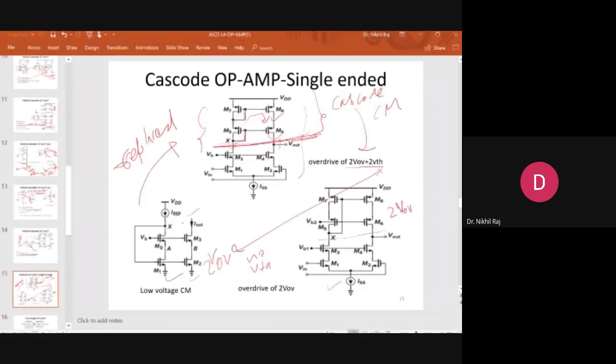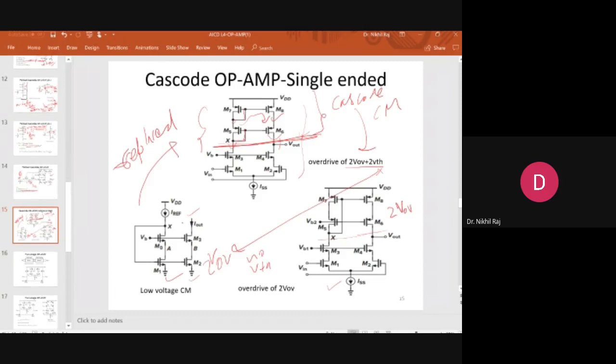It's not always that if we need high swing I will go for the complementary output, because if I go in that fashion then I have to waste an extra pin. If only a single output is required, why generate an extra pin? At that time I will go for single ended output. But when I go for single ended output, there can be a swing limitation. So how to overcome it? In topology we make changes, like here we have done.